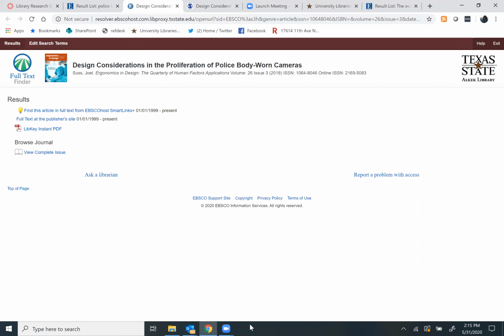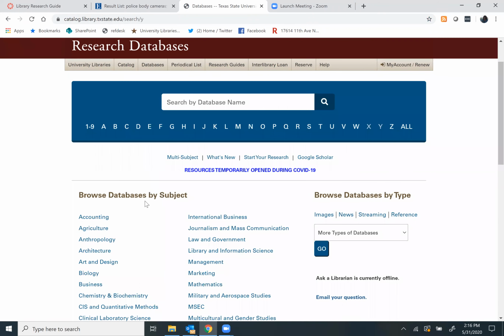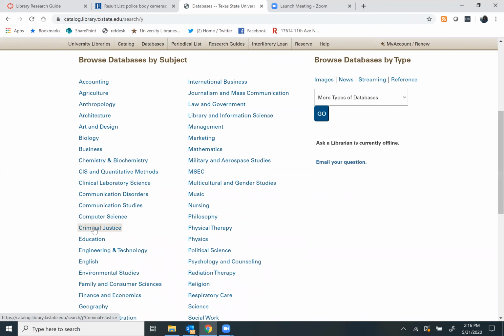Okay, I'm going to go ahead and pause again. One last thing I'd like to show you. When you are conducting criminal justice research, you can also go directly to the core research databases. If you click on the databases button here from the library's homepage, you'll see that they're arranged by subjects. If you scroll down to the criminal justice subject,